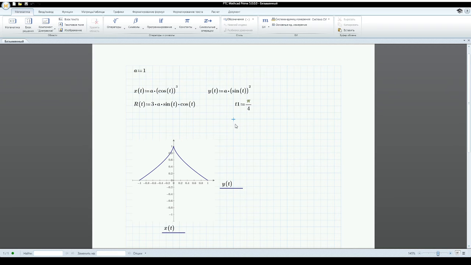T1 is pi over 4. It means r of t1 will be 1.5. This point was in this,